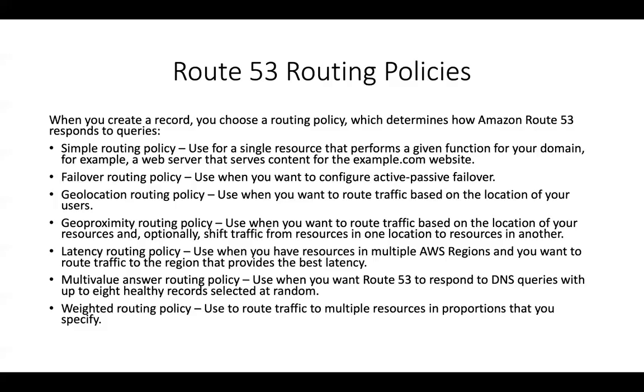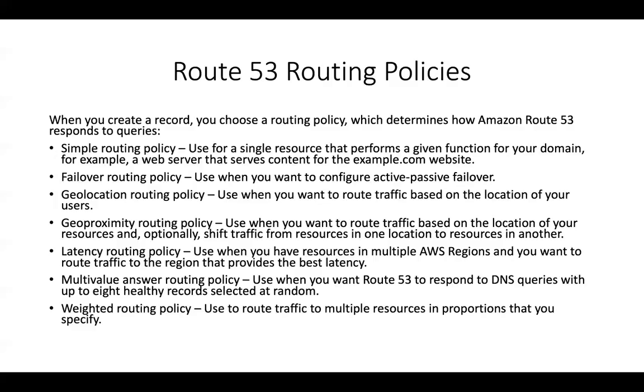And the last routing policy we are going to discuss is called the weighted routing policy. So this is used to route traffic to multiple resources in proportions that you specify. So let's say, for example, you have two environments again, wherein you have two versions of your application running this time. So version one of your application is running from the Northern Virginia region, and version two of your application is running from the Mumbai region, right? So when this is the use case, and you configure a weighted routing policy, I can specify that 70% of the traffic should go to the Northern Virginia region and 30% of the traffic should go to the Mumbai region.